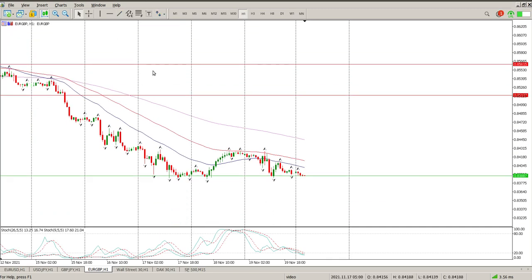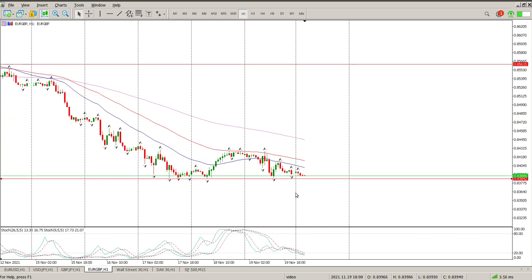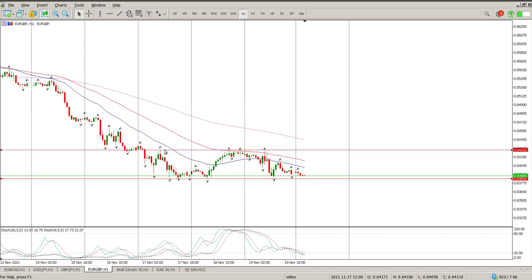And just going to use these levels here. That is a level we need to pay attention to. We're looking for a break and retest of that, but look at your oscillators, not something I really want to be doing. So I'd want to see a decent break, then a retest before looking at that. And converse would be true to the upside. So break and retest of